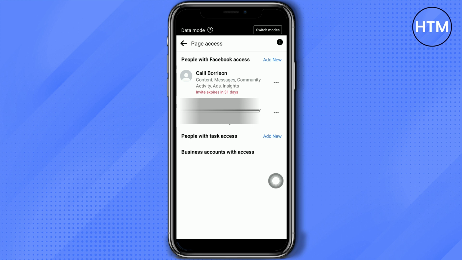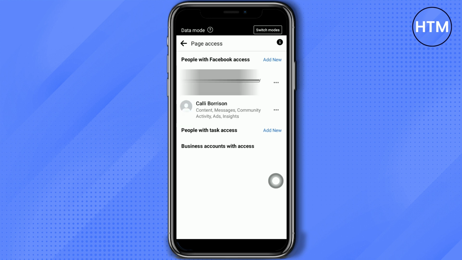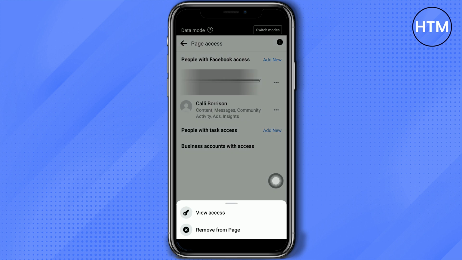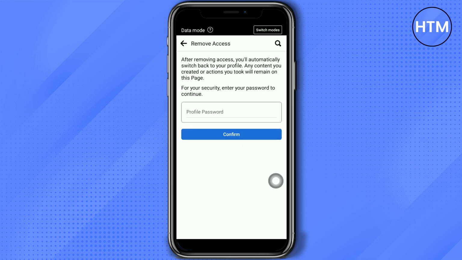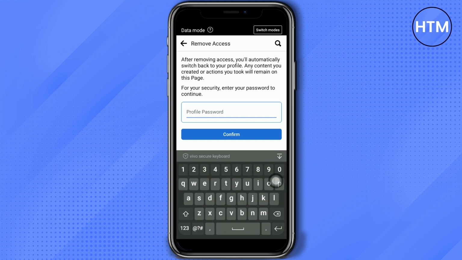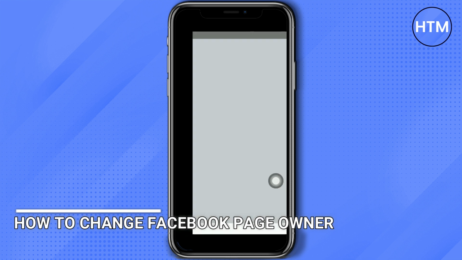Just wait for the user to accept the invitation. Then remove the previous owner by clicking this three dot button of the user and then input your password, click confirm, and there you go. You've changed the page